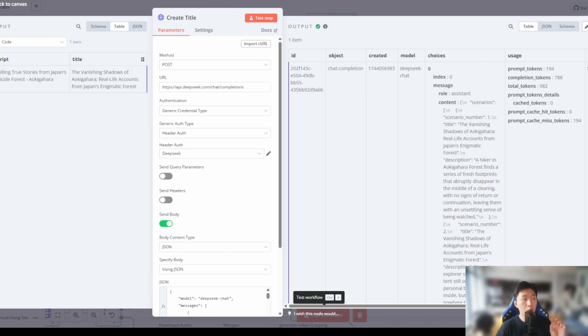But here you can see we base it on 1 single horror story video title. Then we ask Deepseek to generate 10 mini stories based on that title. And this is how we create this kind of horror story with this generator and this workflow.